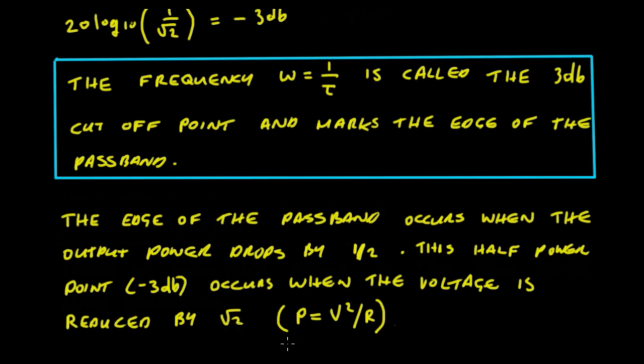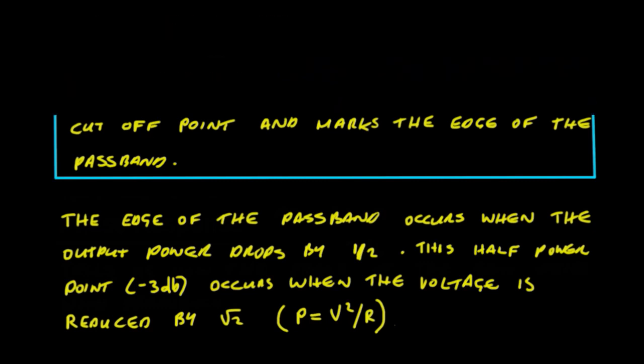It's by a factor of root 2 because power is related to voltage squared. So it's not really directly to voltage but to voltage squared, so that's how you get a factor of root 2 there. Now we will be using this again, so if you're unsure of it you can have a read over it again, or print out the notes and have a look over it, but we will be using it in other videos, so you'll soon get used to seeing these. Okay,